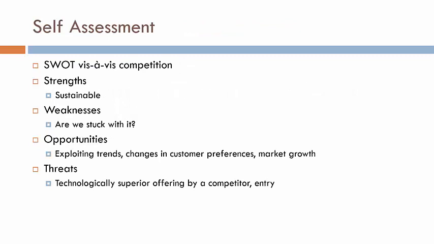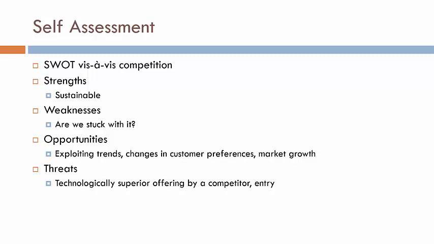Okay. So now, while doing a SWOT analysis, we should also do a self-assessment, right? Like I said, this is a good way to assess yourself. The assessment here is all relative to competition. So when we are looking at our strengths, we should ask about sustainable advantage, right? Because today I can see that there is some strength that I have which the competitor does not have, so that becomes my strength. But we should ask, is this a sustainable advantage or is it something very temporary that the competition can easily overcome over a period of time? This may not even remain a strength, right? Because we are in a very dynamic space here.